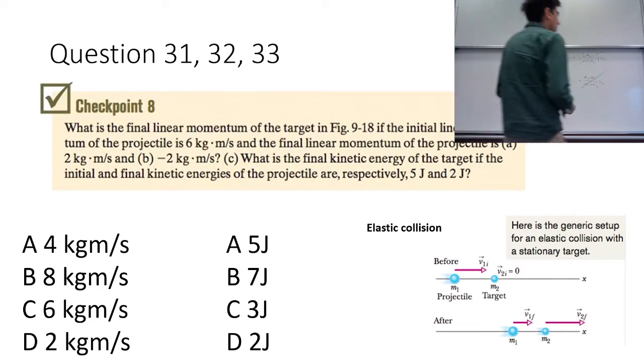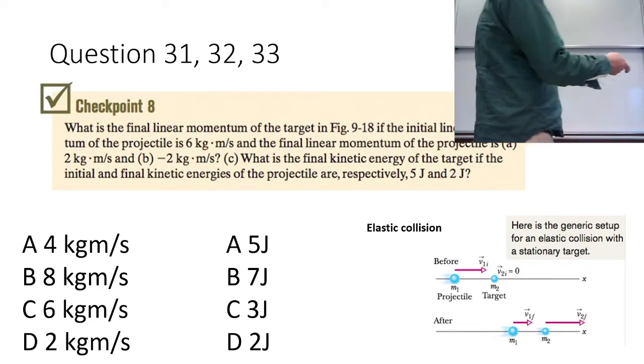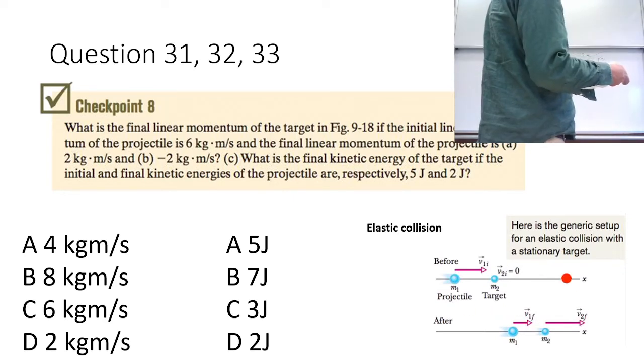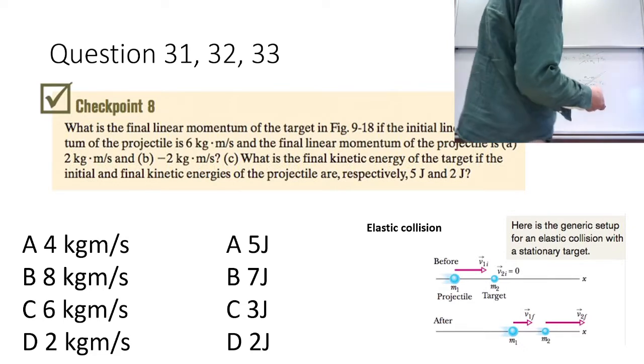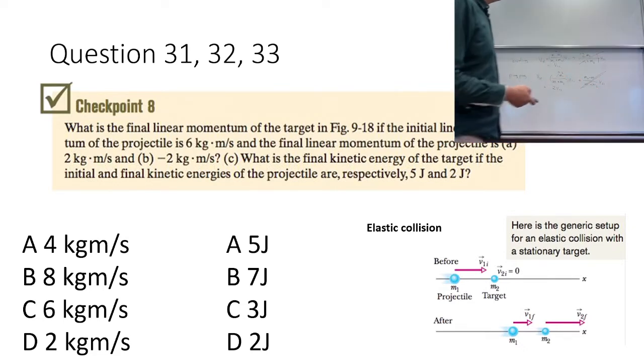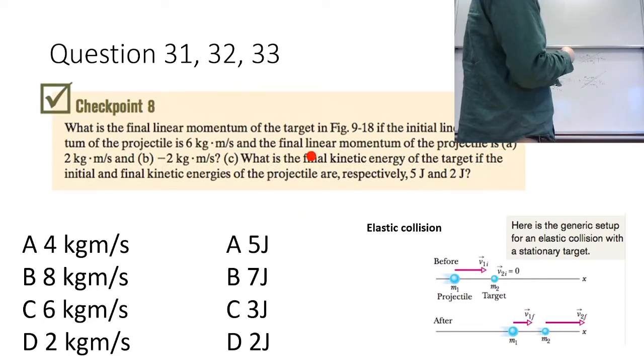So then let's try this one. What is the final linear momentum of the target in this figure here? So this figure here, what's happening is this thing's initially 0. It's coming along with some velocity. Then afterwards moves something like this. If the initial linear momentum of the projectile is 6 kilograms per meter per second, and the final linear momentum of the projectile is